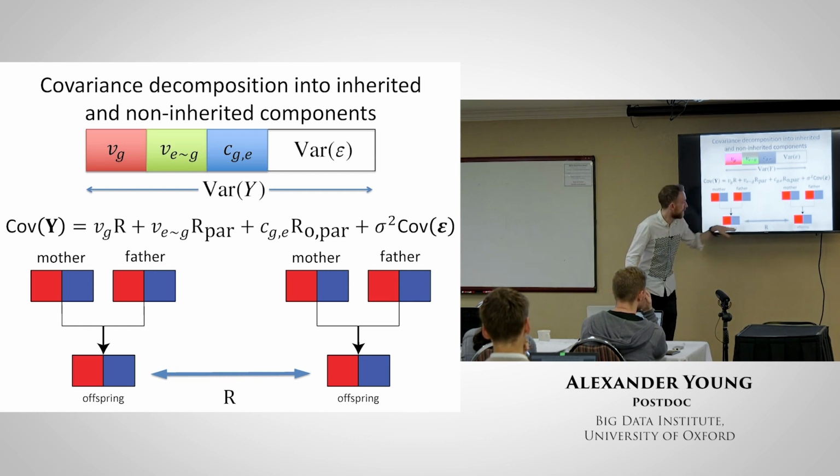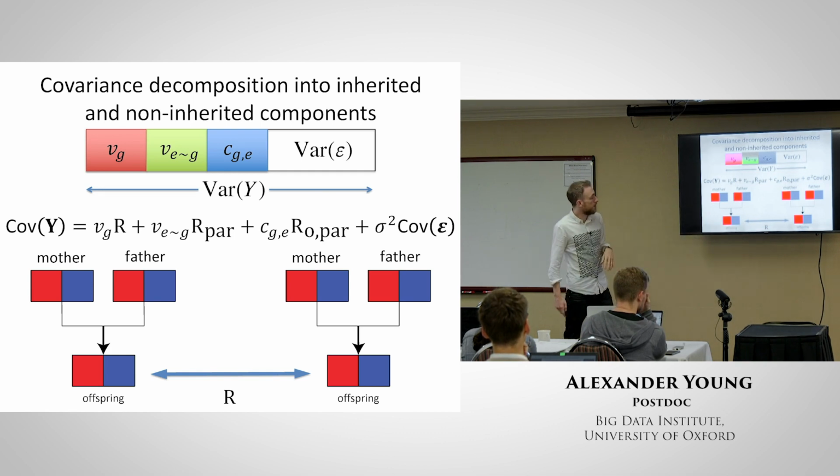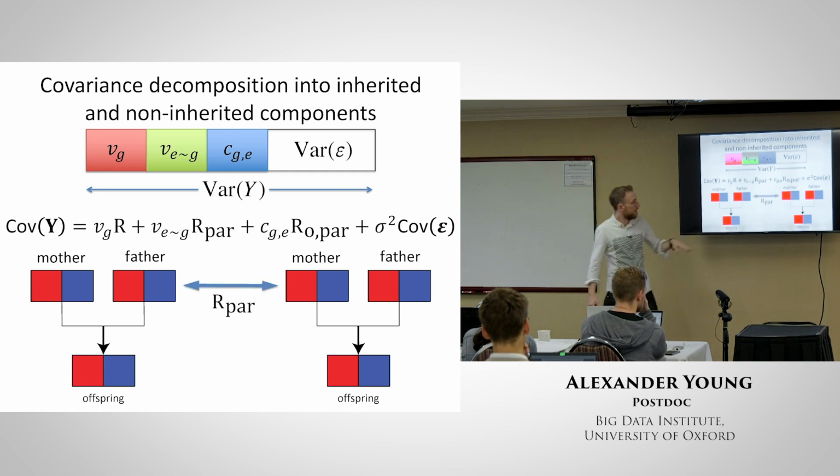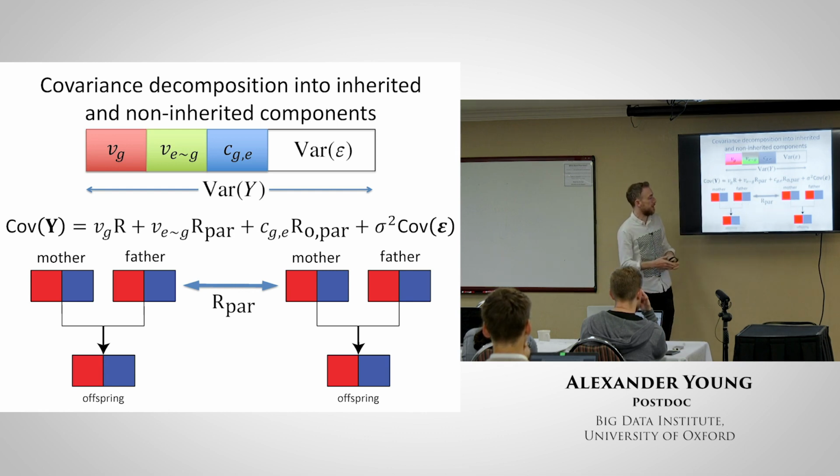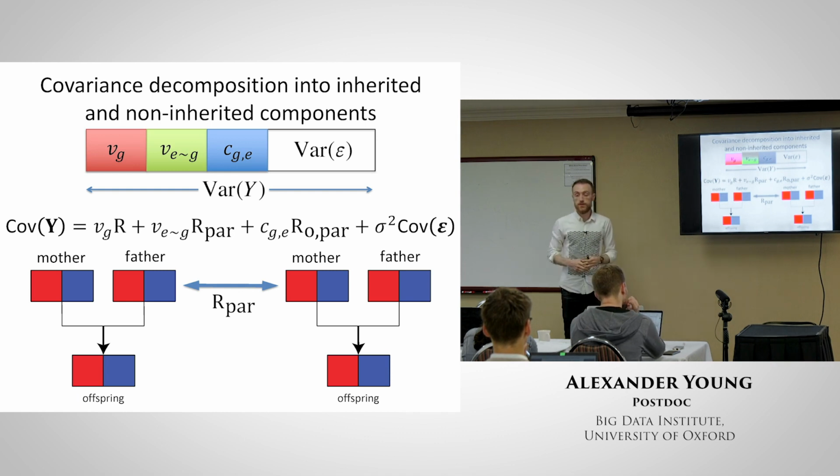So that's the relatedness between the offspring. And then the covariance between a pair of individuals due to this gene-environment correlation bit, the bit that's correlated with parental genotype, is given by a generalization of the relatedness coefficient to relatedness between the parents of one individual and the parents of another individual. And it's actually the sum of the kinship coefficients between the 4 parent pairs between two sets of parents.